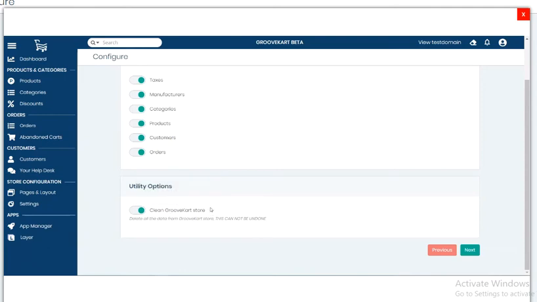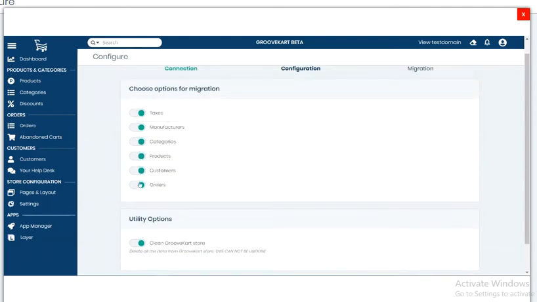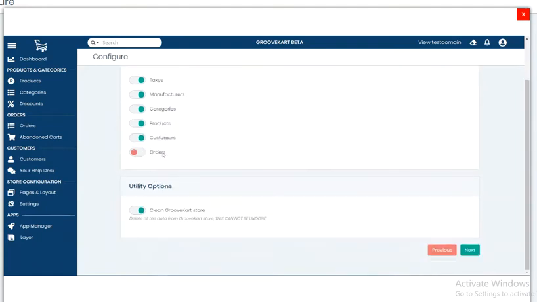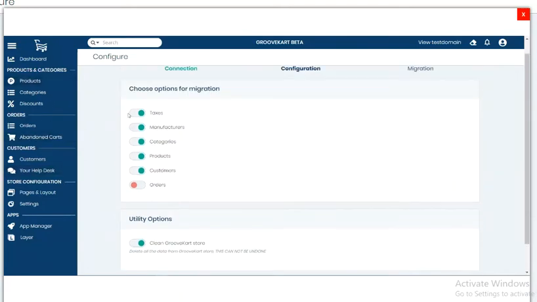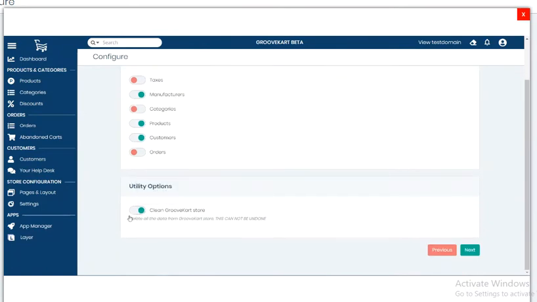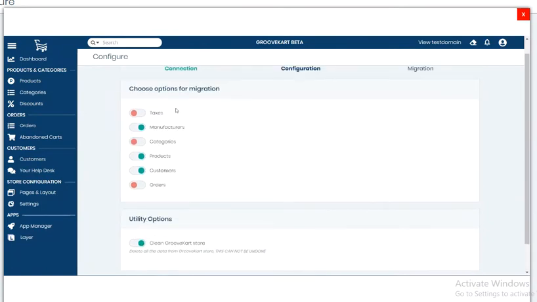Now, for instance, if you uncheck orders, it will migrate everything above it, and orders will not be migrated, and all the other areas will be cleared of any data that you put in there. So if you uncheck taxes, categories, and orders, it'll clean manufacturers, it'll clean the products, customers, manufacturers. So in this case, if you check everything,